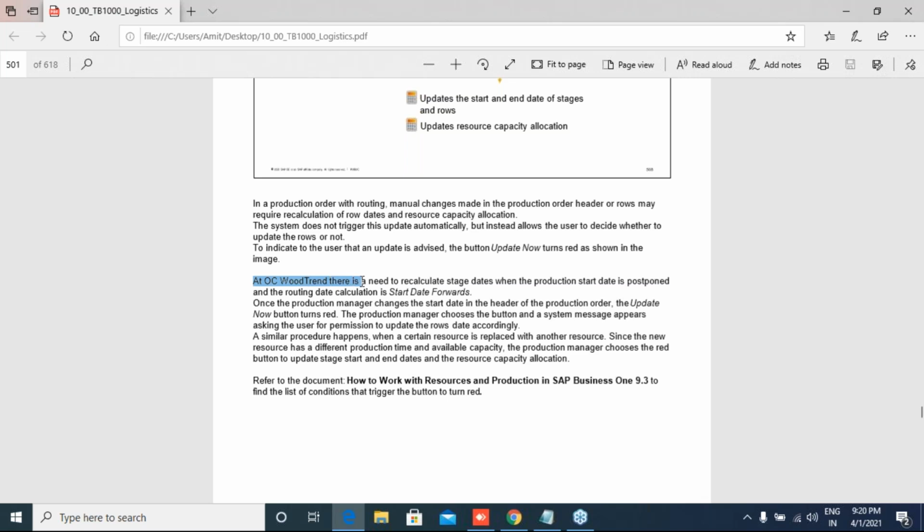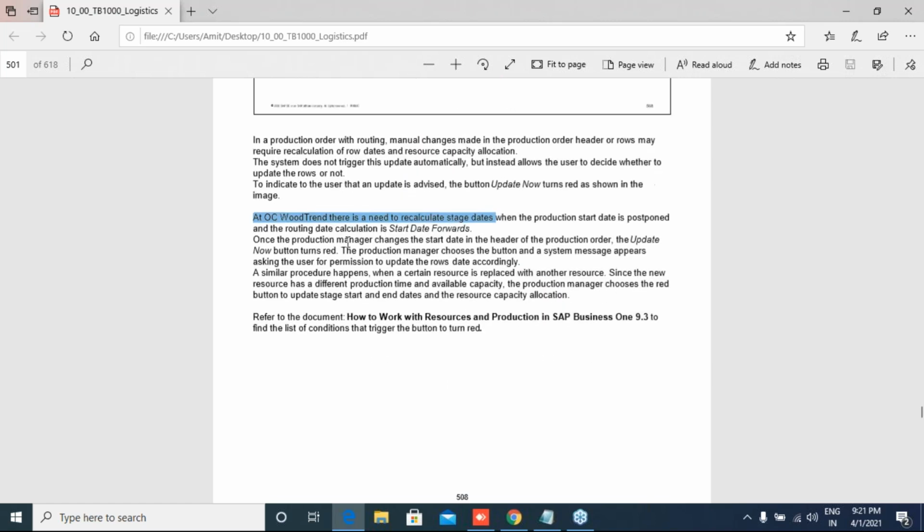At OC Wood Trend, there is a need to recalculate stage dates when the production start date is postponed and the routing date calculation is start date forwards. Once the production manager changes the start date in the header of the production order, the Update Now button turns red. The production manager chooses the button and a system message appears asking the user for permission to update the rows dates accordingly.